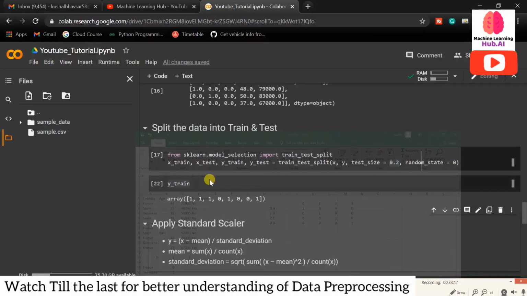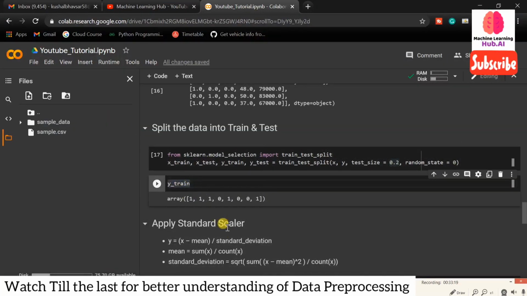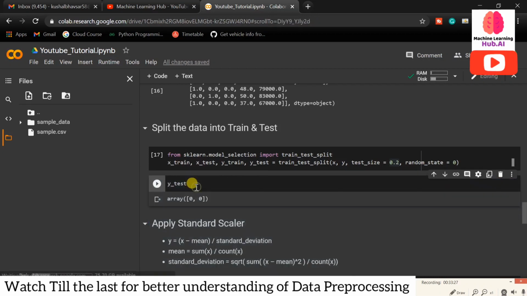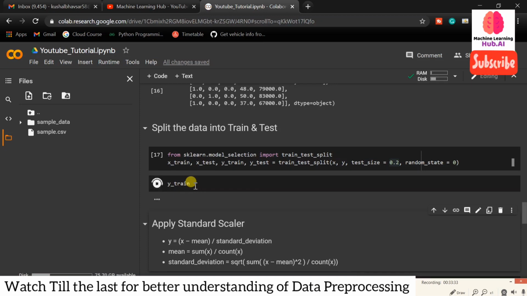Let me check y_train and y_test. Okay, I am right actually. So we have split our data here.